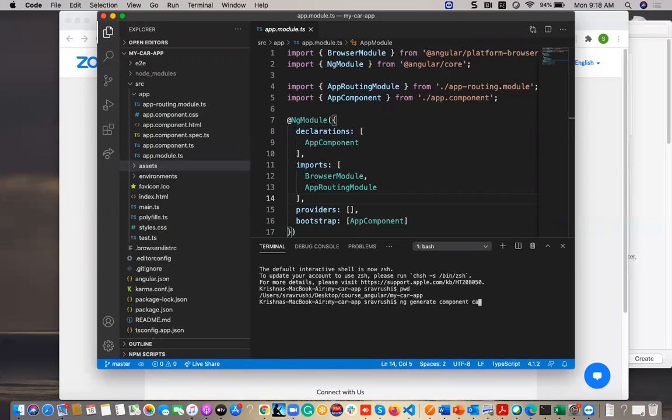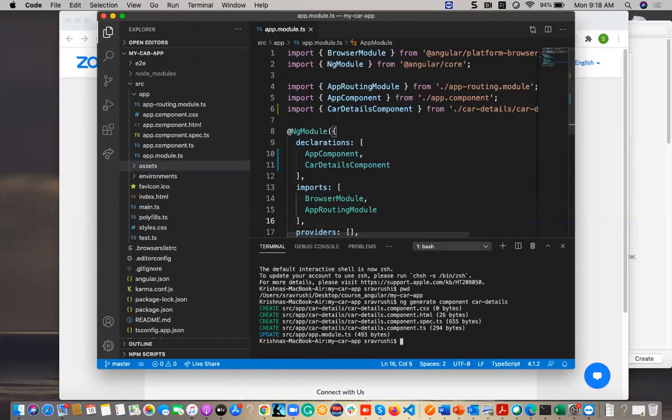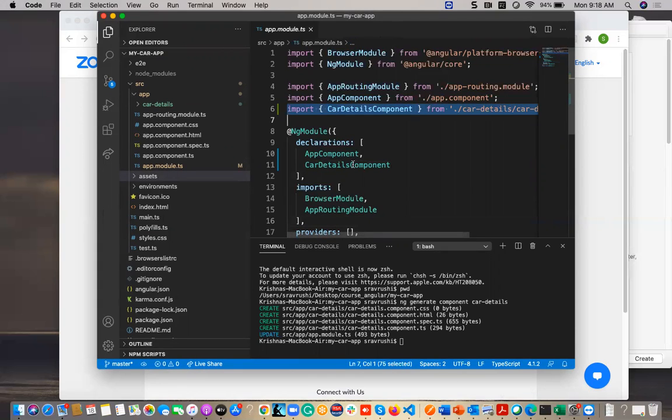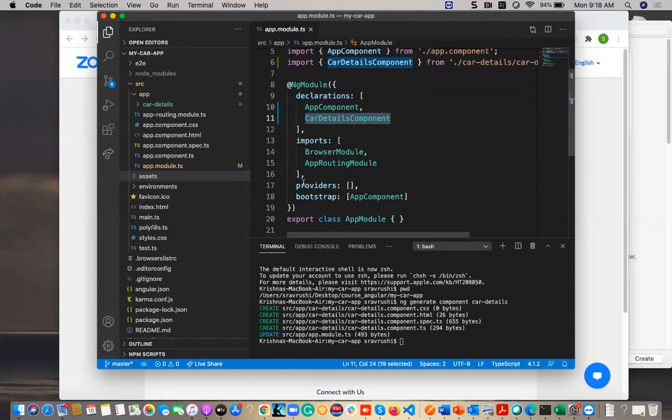So let me take, for example, a card-details component. Okay, so now you can find the card-details component is created and declared here in the application.